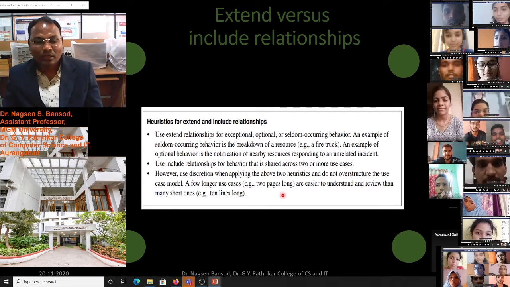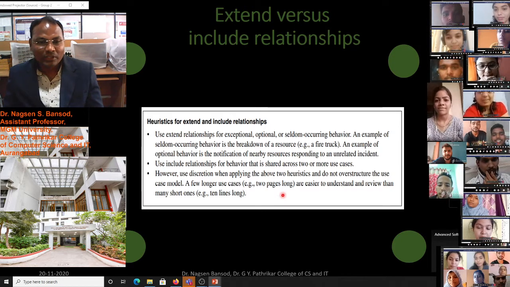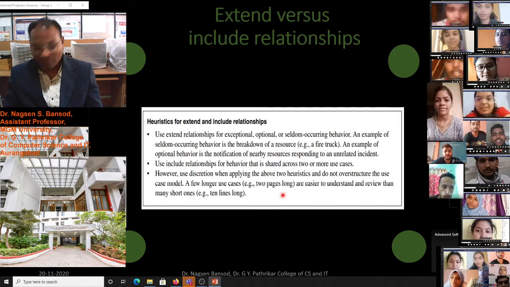These are some common heuristics for extend and include relationships.